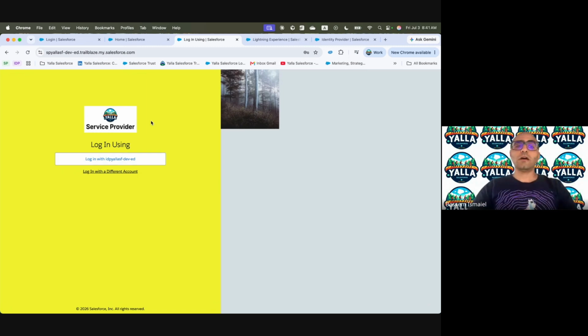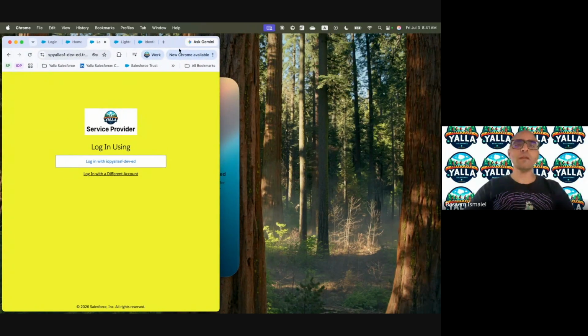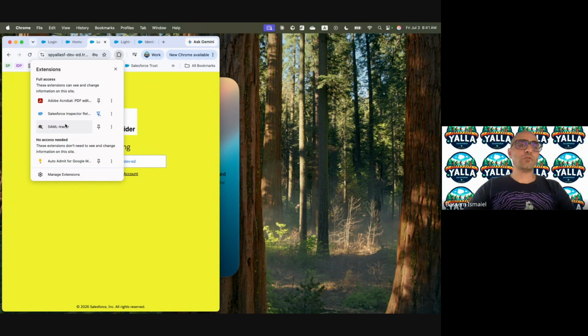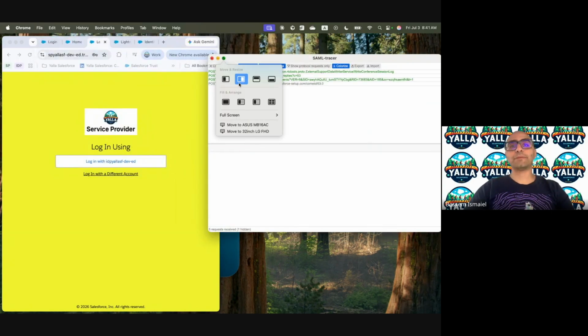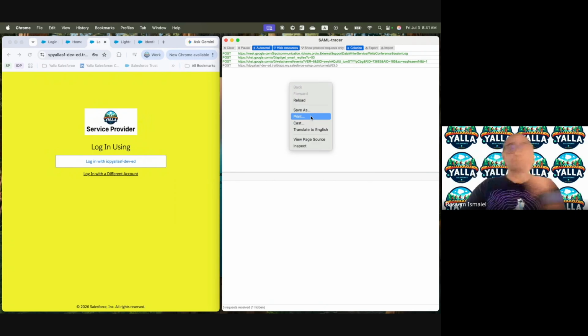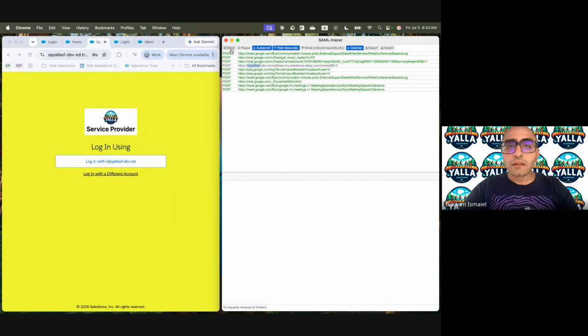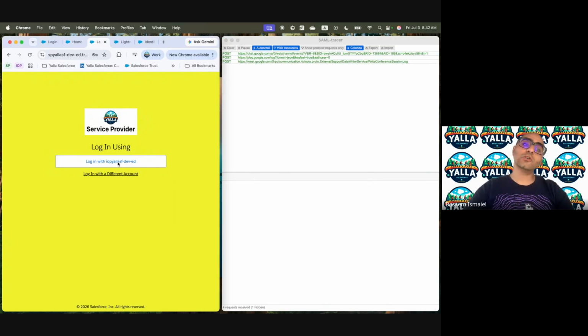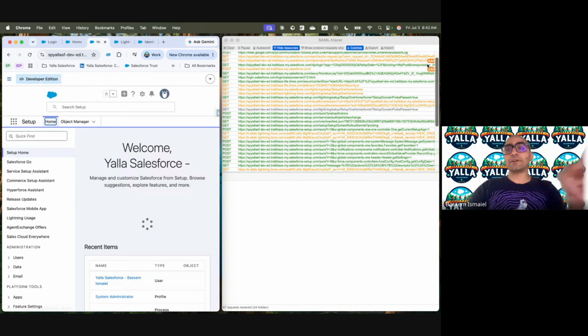So we will show you very briefly in here. I have an extension called SAML Tracer. This SAML Tracer is gonna show me what's happening, to see that visual back and forth. So if I come in here, let me clear everything. I'm gonna hit login with the IDP. You will notice that there is a SAML request and a SAML response. So let's see that in action.